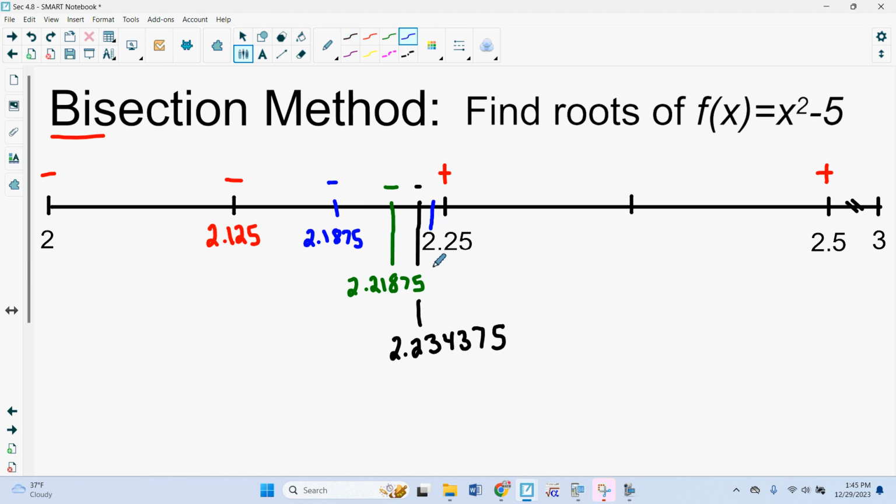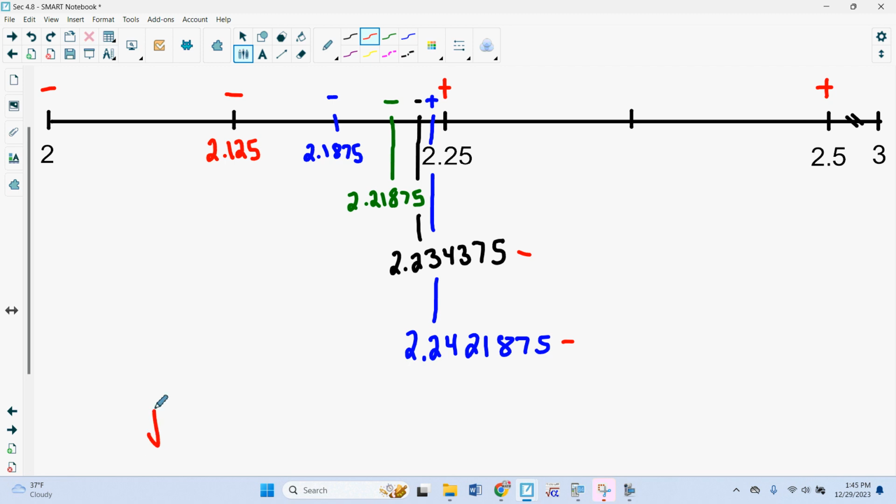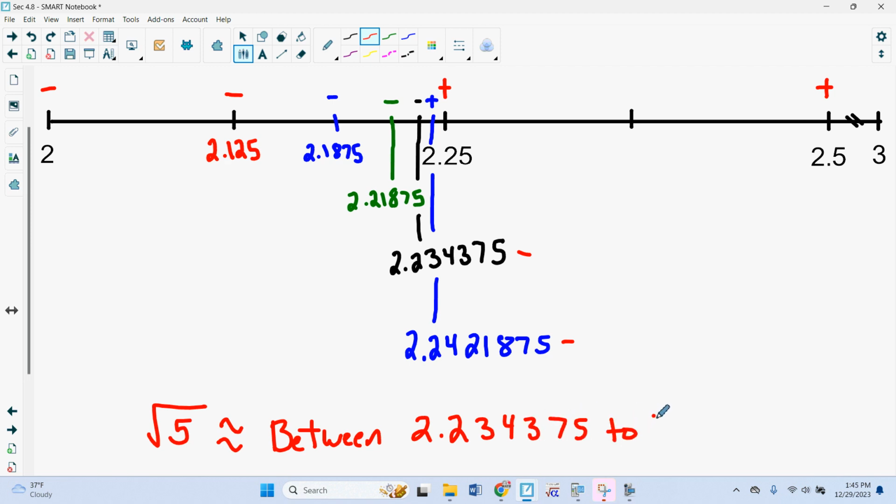And then if I go between that, I get 2.2421875. And if I put that in, I get a positive. So what we now know is that the square root of 5, whatever it is equal to, is between 2.234375